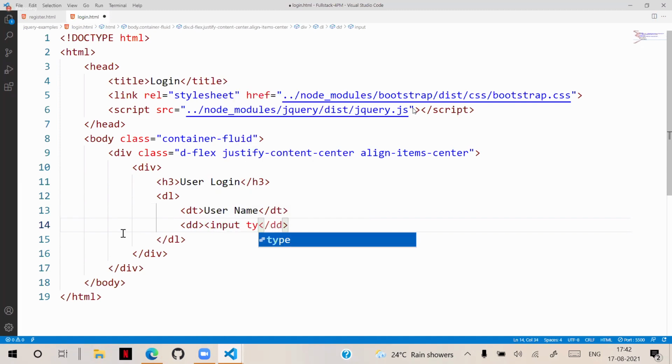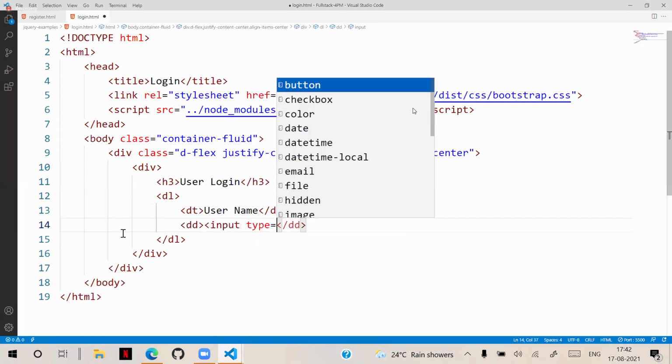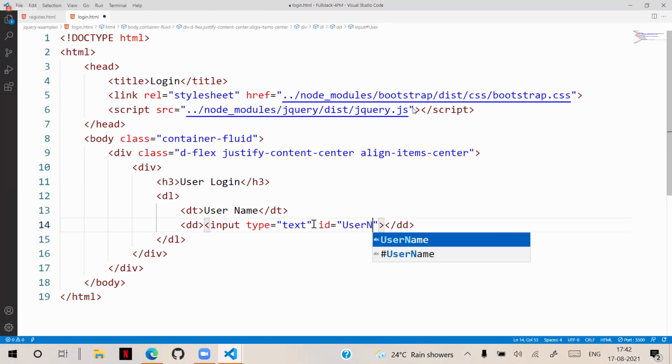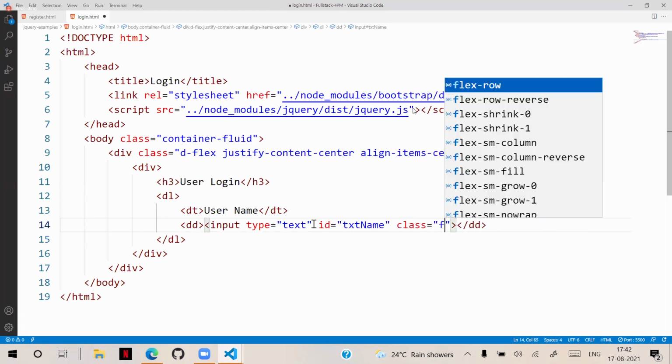Input type equal to text, and ID, I will define as txtusername, and the class form-control.